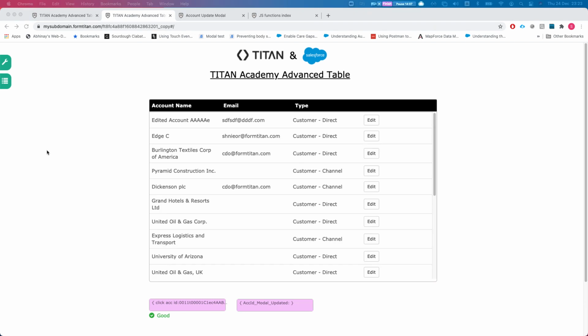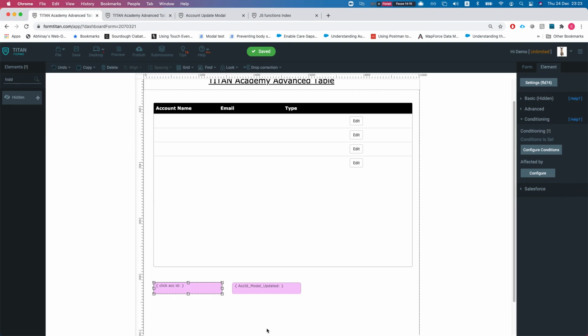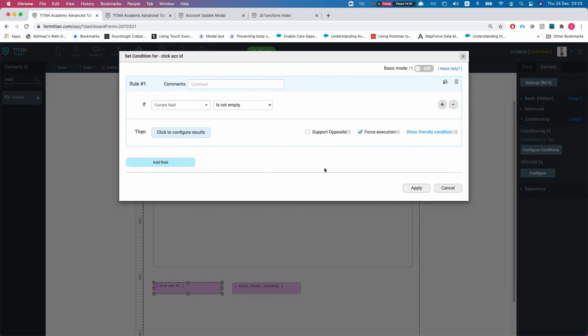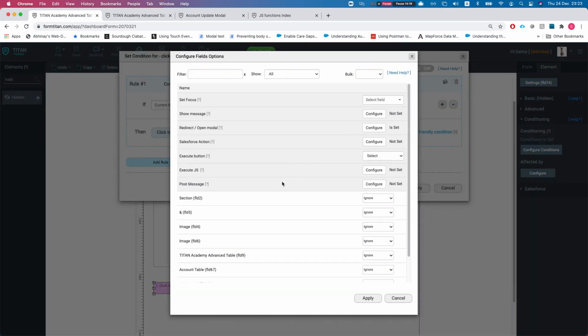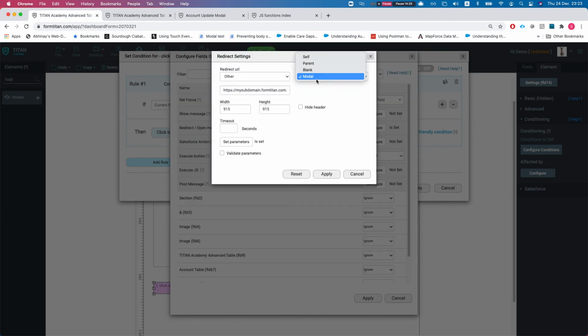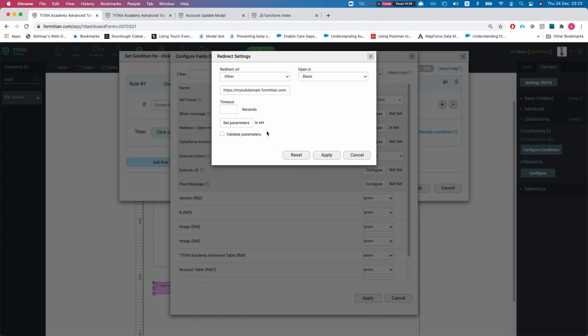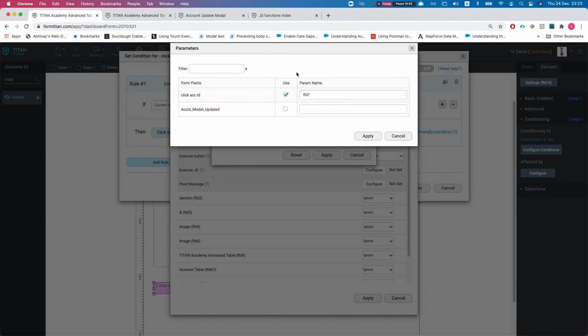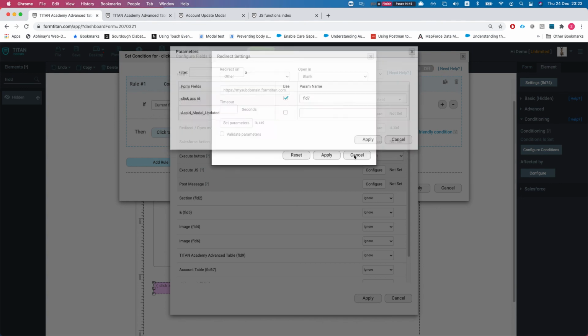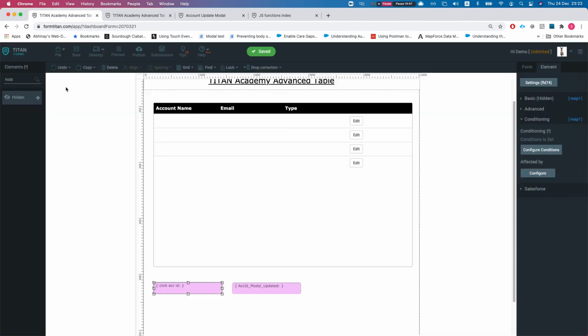Alright, I'm just going to show you one more thing here with the table. So let's say head back to our conditioning on the clicked from the custom action on the table, and let's head back to our redirect open modal, and we can see that we can run also to redirect it properly. So either we open it in the actual window that we're on, or if we're embedded in the parent window, or we can properly redirect it to a blank URL. So I'm just going to show you this real quick. And we have our parameters set already, so we're passing in the clicked account ID, and we'll hit apply, save,